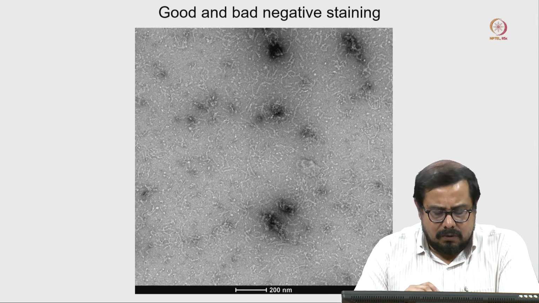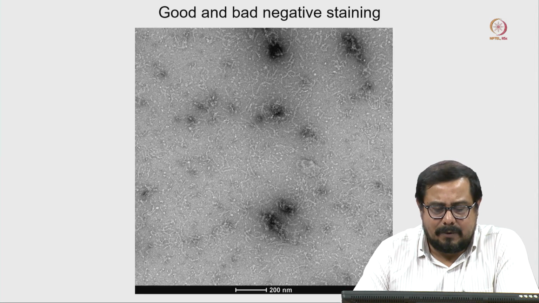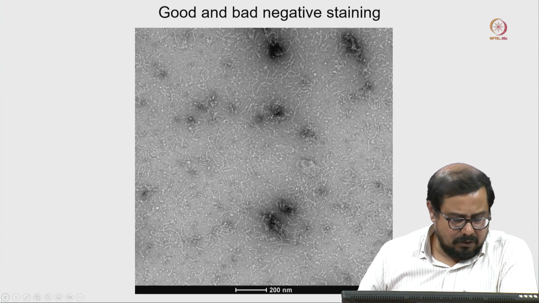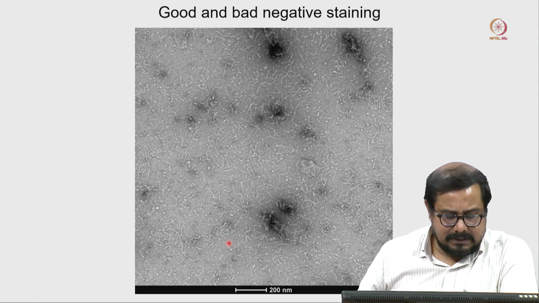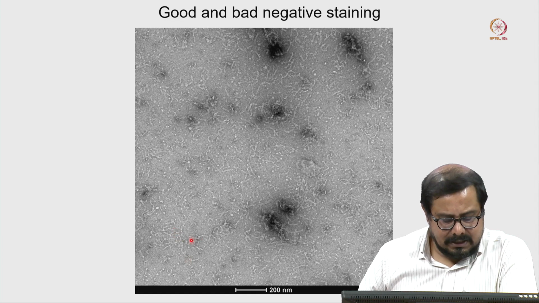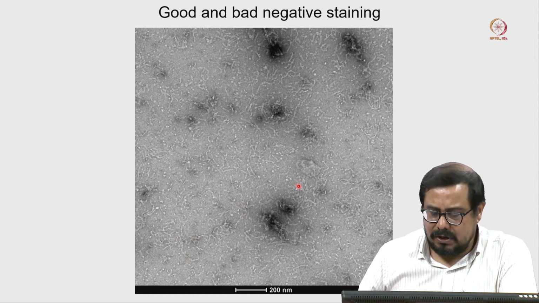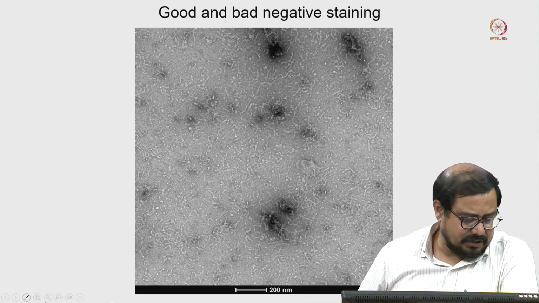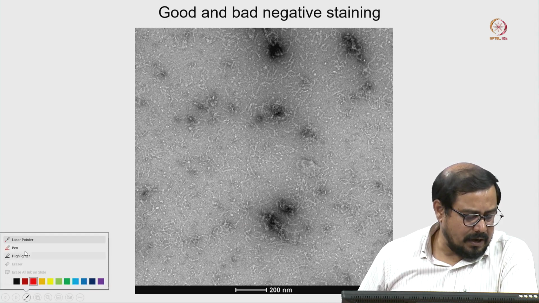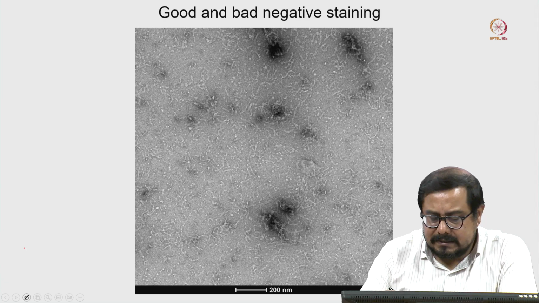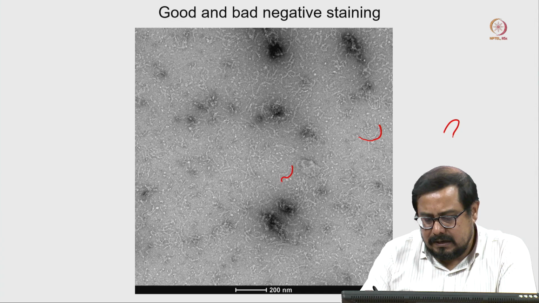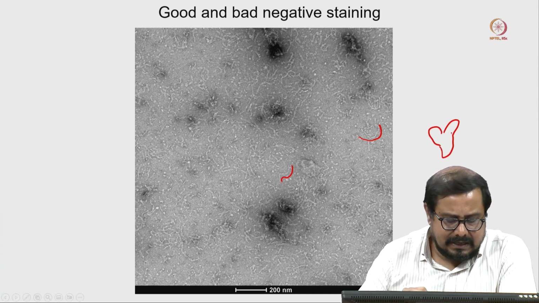Okay, so now you can see there is another type of sample, where you can see a filamentous protein, something like filamentous protein going along. So this is definitely another protein sample and those are going like that. Here we are expecting some kind of trimeric structure. We are not expecting any filamentous structure like this or like this one. What we expect here is something like this one.